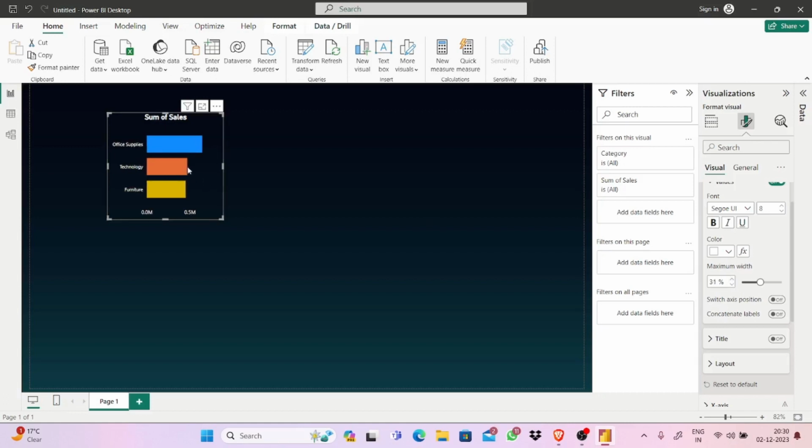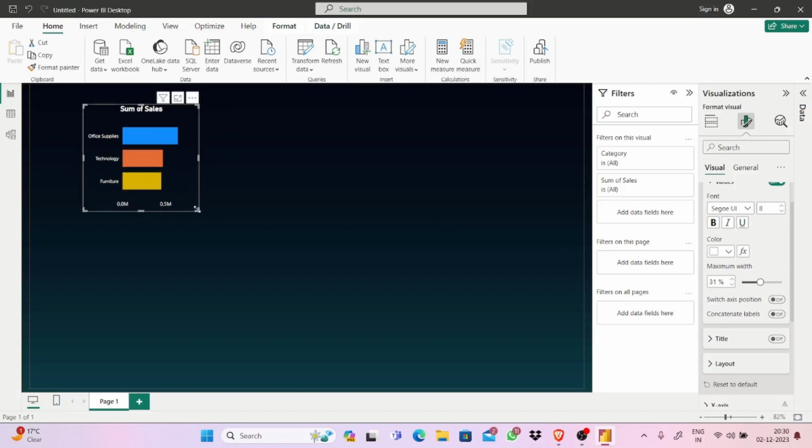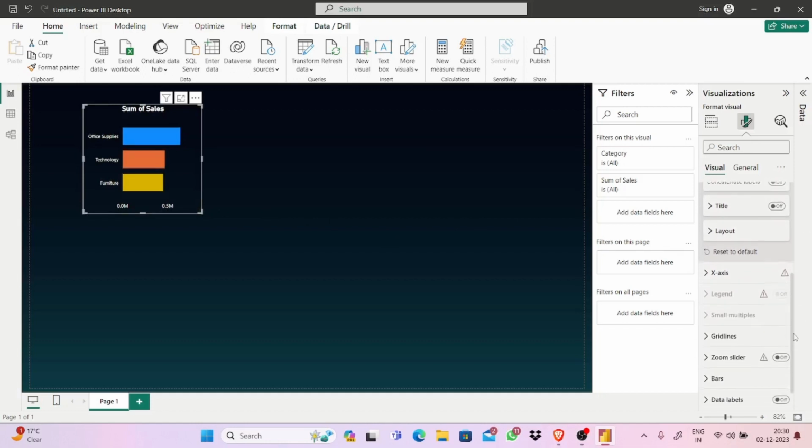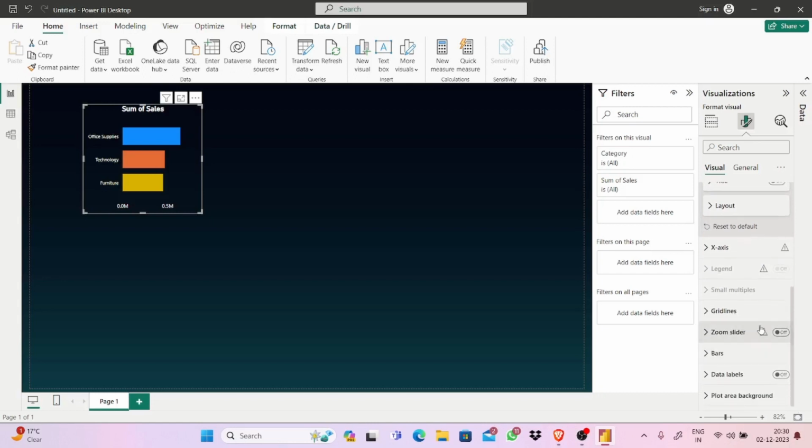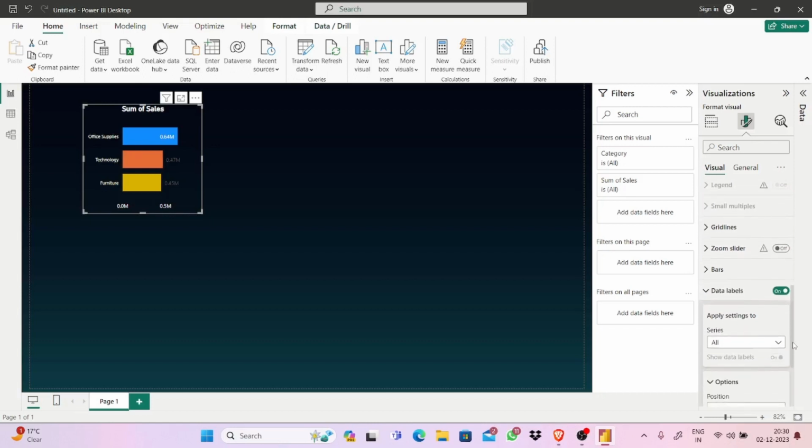Okay, so it is fine now. Maximum area width, it is fine. You can do one thing, you can just go in an up down menu, zoom slider, grid lines, data labels. You can just open there, you can just click on the open data labels,